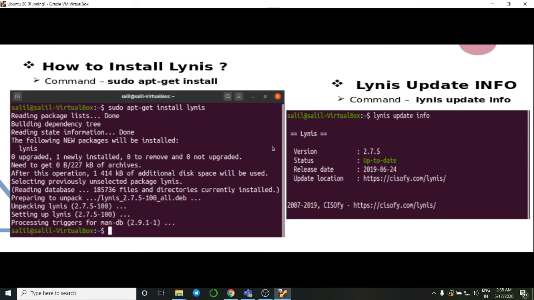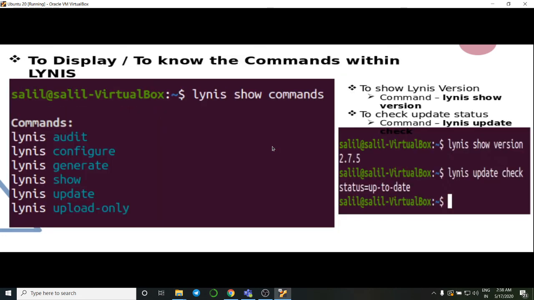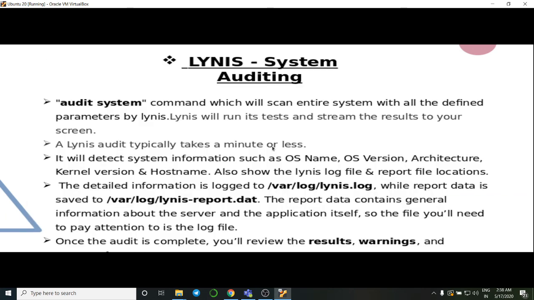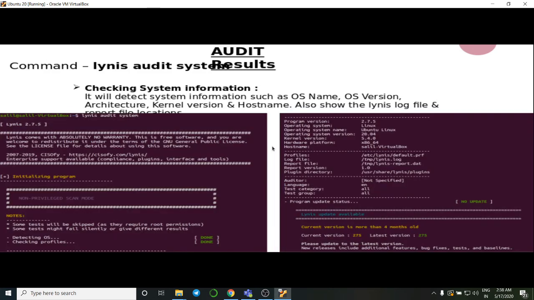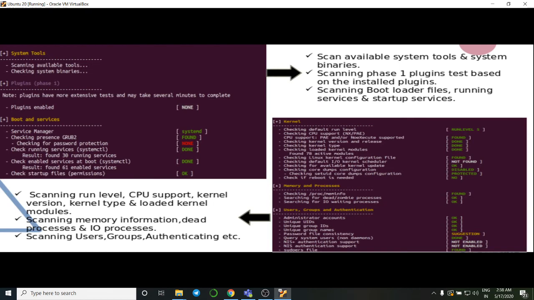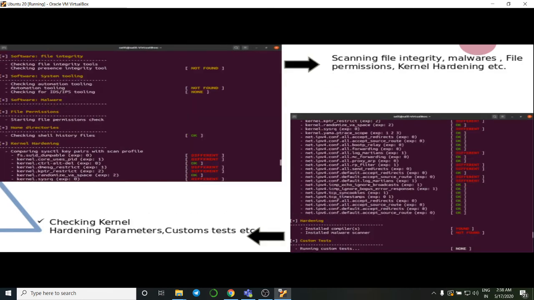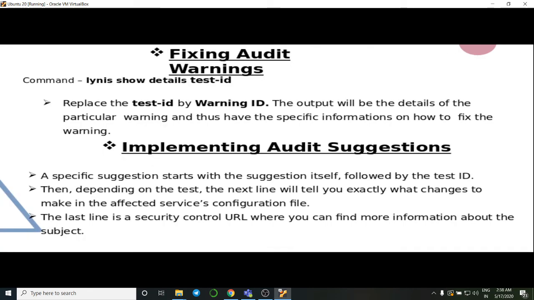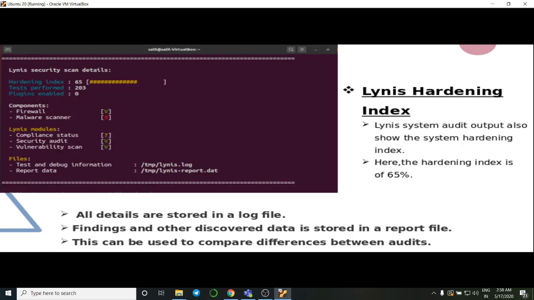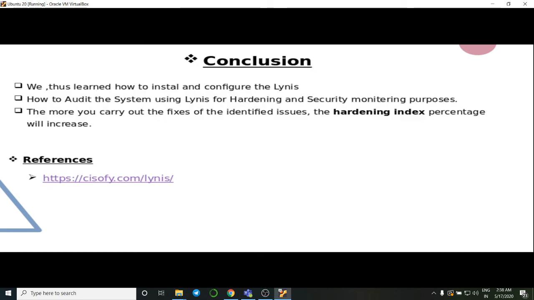We looked at how to install Lynis and displayed the various commands and parameters available. We began by auditing the system and went through different phases, and we looked at how to fix the audited warnings and implement suggestions. The hardening index is a percentage and shows how secure our system is, and a higher hardening index means our system is more secure.